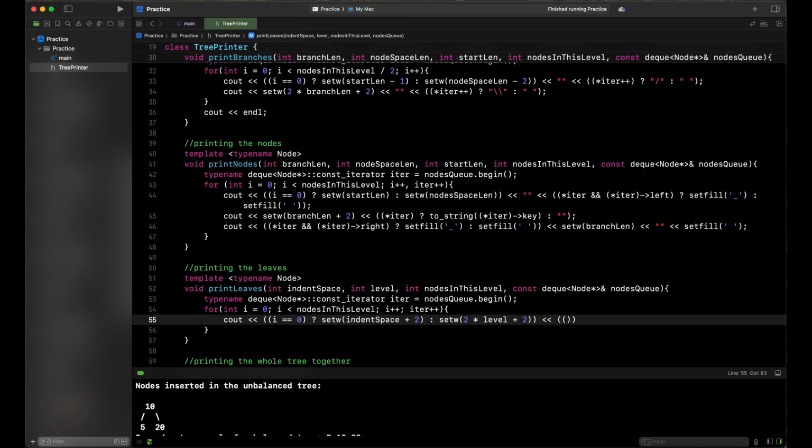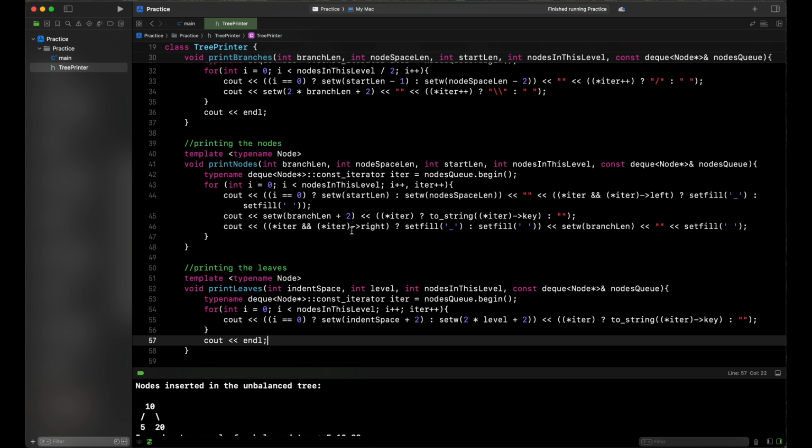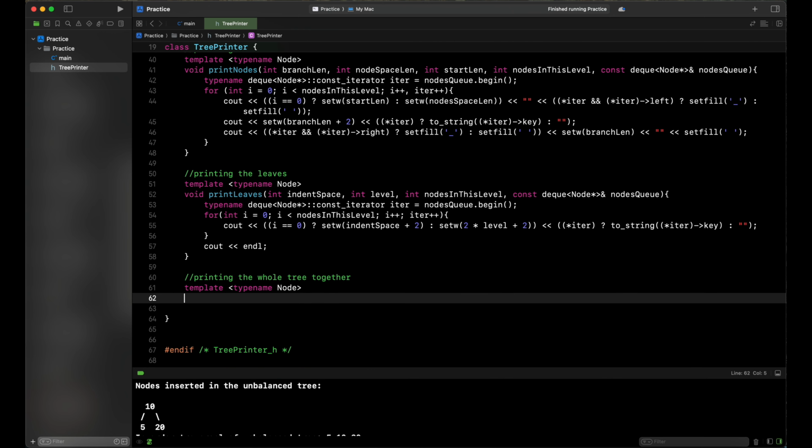Then we have star iter, or to string, star iter with respect to our key here. There we go. Then we will count and L. Then finally, we are going to put this whole thing together, and we are going to be doing so by the following: